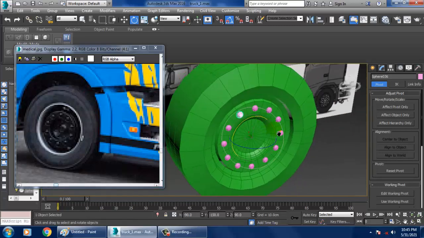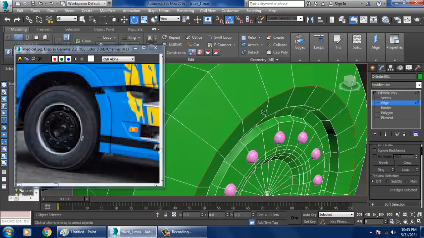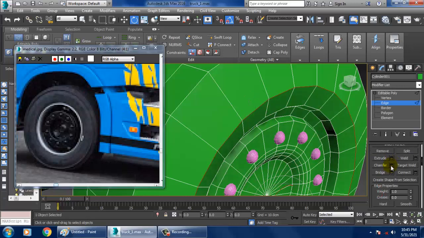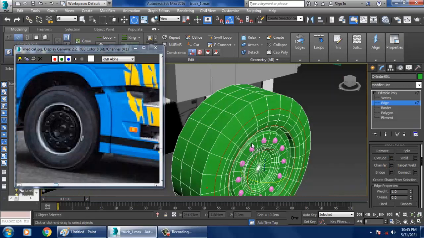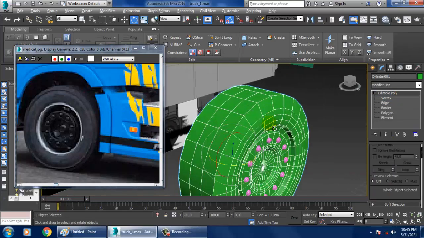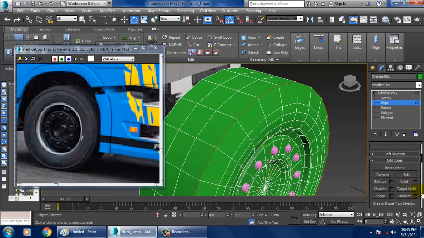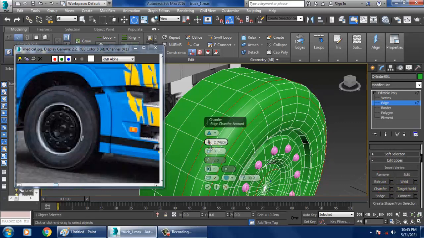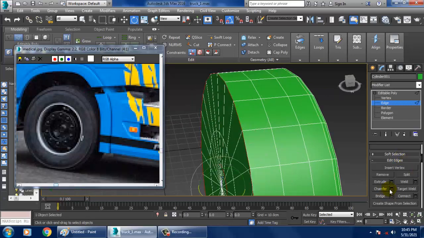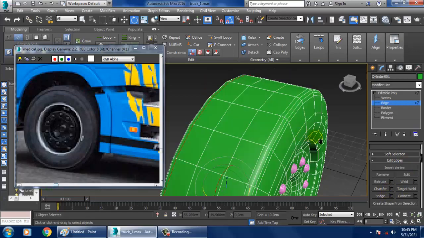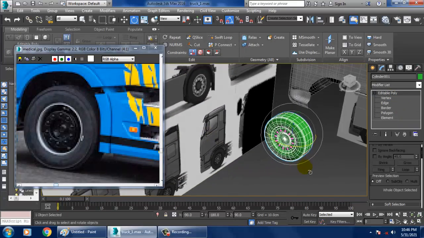So once you're done over here, so I can just select this edges and let's slightly give a bit of chamfer and click OK. So select this edges, let's give chamfer and click OK. So select this edges, give chamfer and click OK. So once you're done, you can just select this, just save your file, select this tire